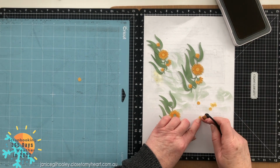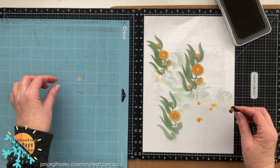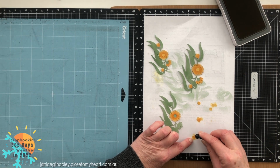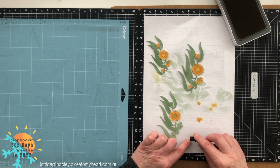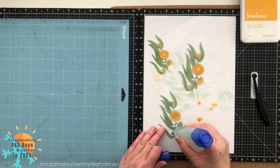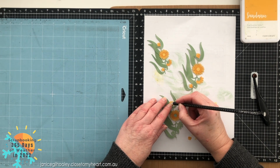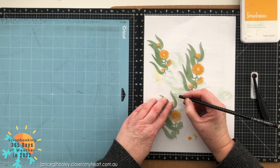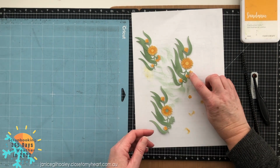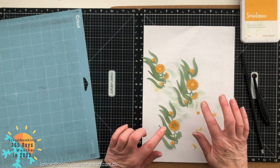and then I'm going to ink up just down near the base where it joins up to the stem. So that's that one, and this is the bottom one here. And just by doing some pouncing, I've got a little bit of texture, and that makes that all look very organic and natural. I just need to put a little bit of liquid glue on these pieces, and then I can pick these up with my pickup tool, which is such a handy tool, not just for sequins, for pieces of paper, for small letters, all sorts of things, acrylic shapes. And I've got this little piece here to recreate as well. So I've got to do 2 more little Cricut cuts of these,